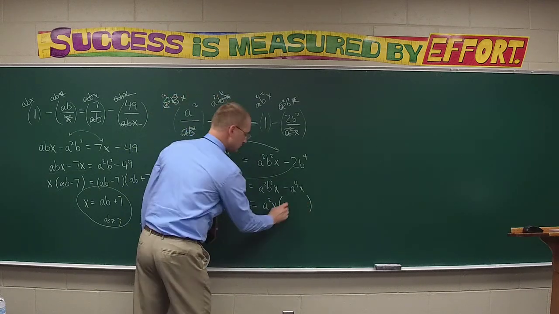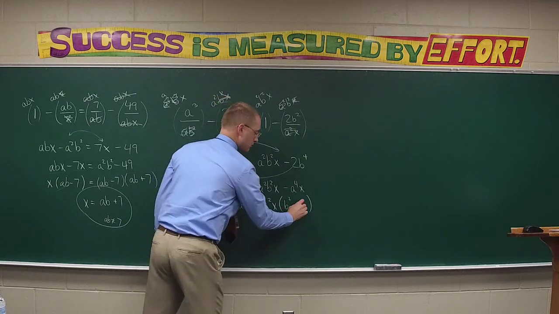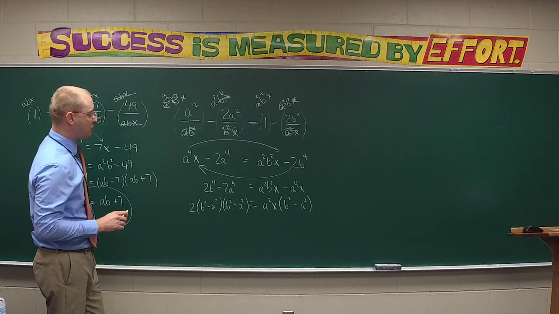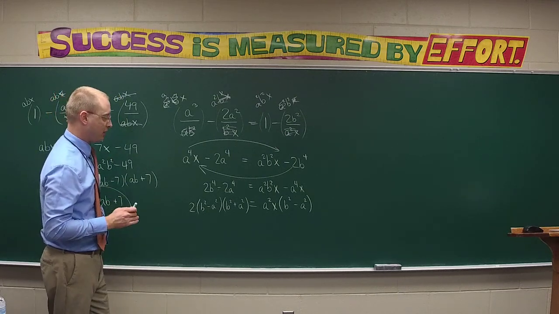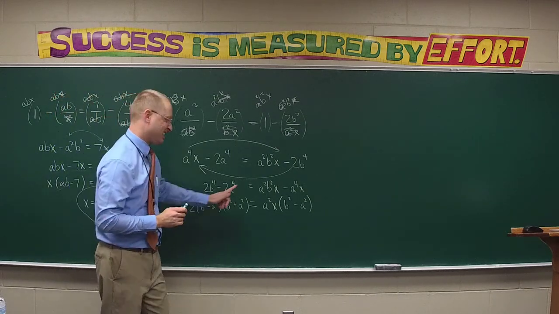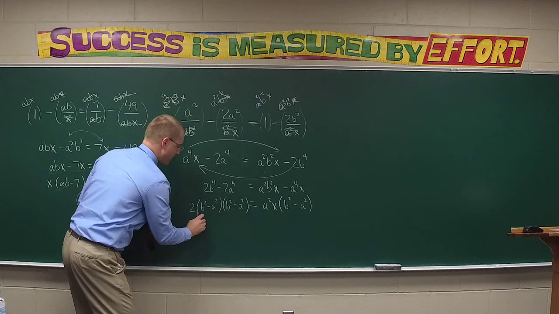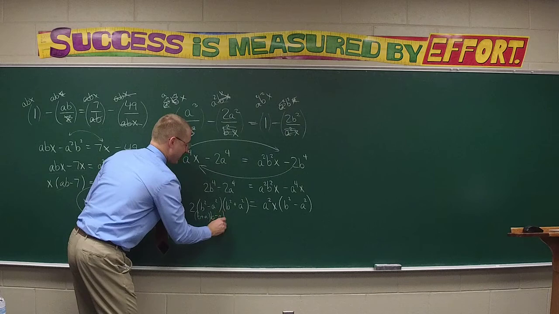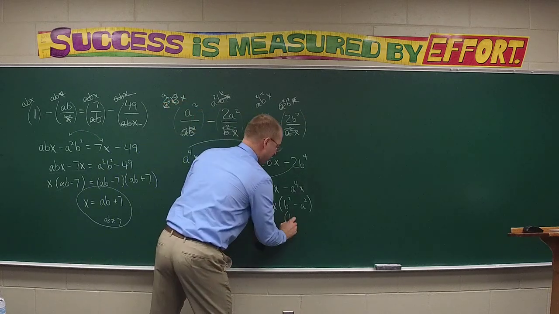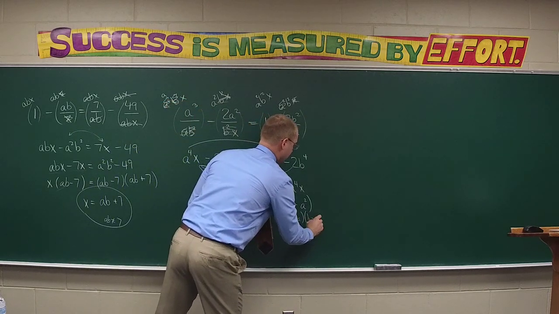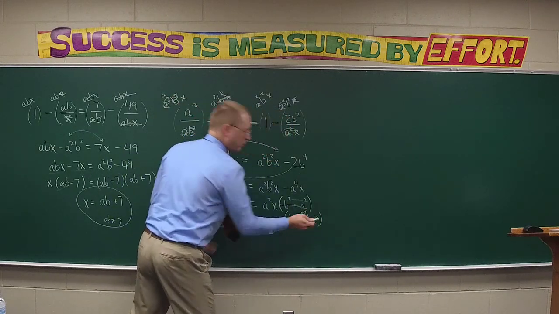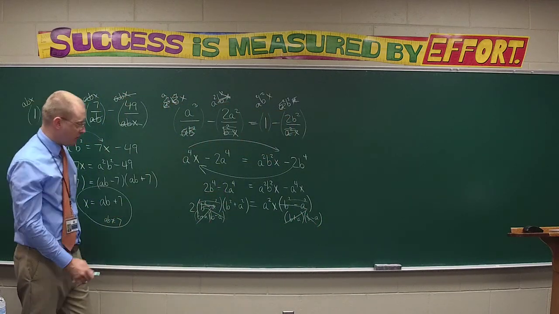b squared minus a squared. There we go. And so now you kind of see why I didn't bother factoring further, because I could kind of see it coming over here. That said, if you had a b plus a and a b minus a over here, and you had a b plus a and a b minus a over here, they would both cancel out anyway, right? And that would leave us with a